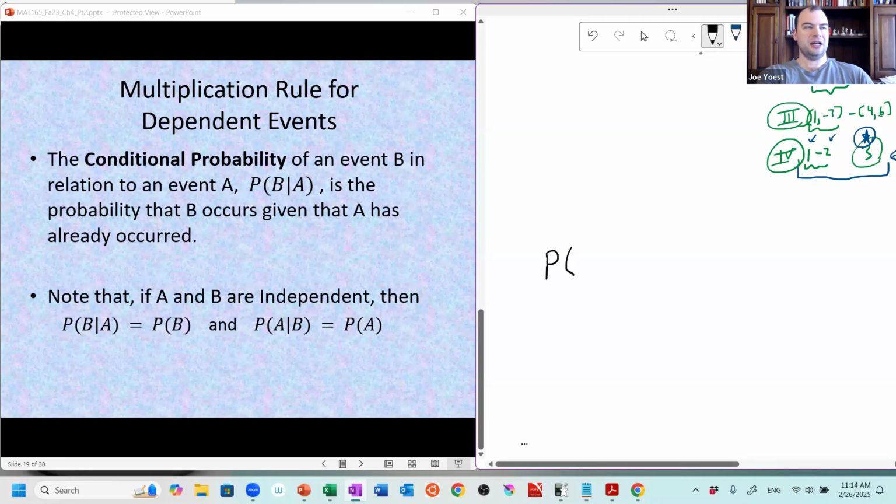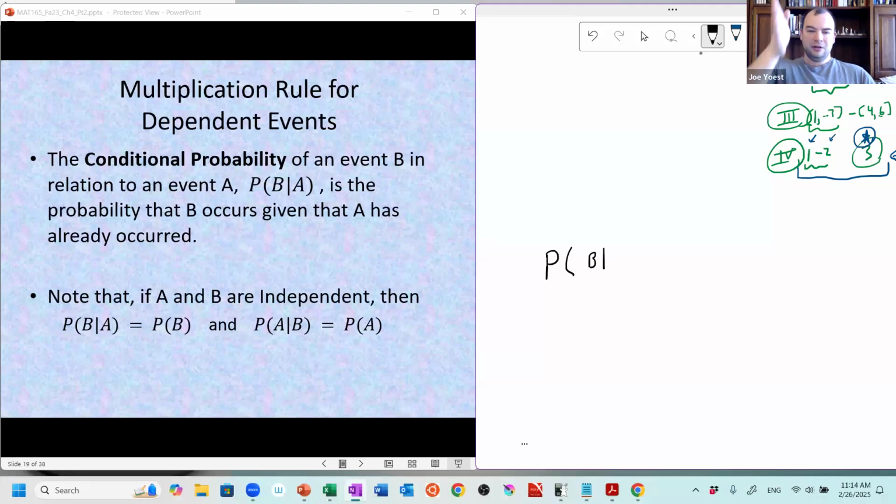probability of, and what goes inside of the probability operator is an event, and the event is this event: B vertical line A. This is not division. A lot of people want to make this division. They want to make this like probability of B divided by probability of A. That's not what we're saying. This is a special notation for an event. And this thing, B vertical line A, that whole thing, the way we verbalize that is we say B given A.